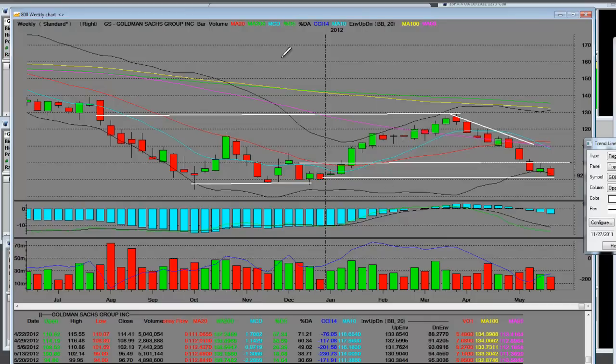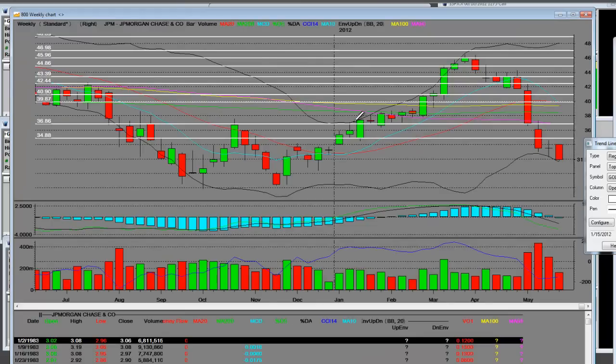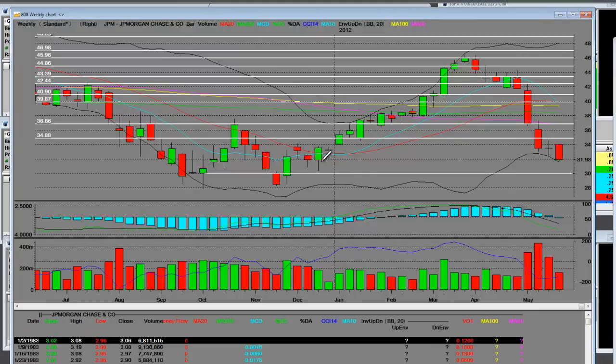What can I say? There are other ones that we're looking at, such as in the financials, JP Morgan. And JP Morgan, unlike Goldman, is all the way back down here. They bought these financials in hope of Europe doing well, MMT. And yeah, they're at the double weekly bottom. Here's where the rally happened. Jamie Dimon and their company lost $2 billion in trading profits, maybe up to 5 or 6. Who knows what it really is? It's in a weekly sell signal. It's a bear move. You can see what happens with weekly moving average crossovers. Everything that we do is knowing when to go with the rally side and then the bear side. There it is. All the financials are at their major bottoms of the bellwethers.